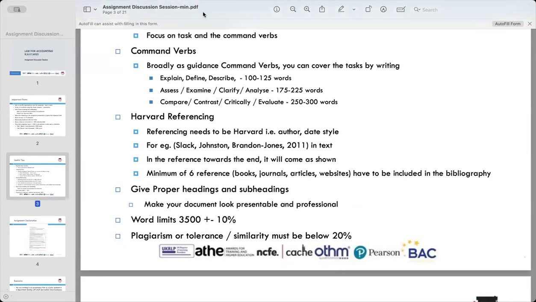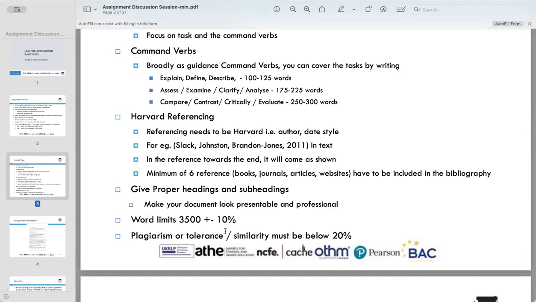Swapna? Yeah, I saw that. Yes, 3500 plus. But as I said, when you feel satisfied that your answer is perfect, then you can finish your answer. But you can go up to, I think 10% is more than enough, but you can go up to 15% as well. That's not a problem. You can go up to 4,400 or 4,200 words.